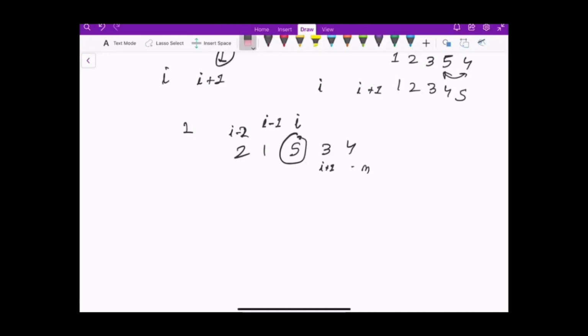So let's try to see how this will work in this example. Here we were given the B array, where we can do 2 operations for any element. First we have 5 here, so we will do an operation on this index. So we will swap 5 and 3. Our array will change to 2 1 3 5 4, and initially all of the students had 2 coins, so now student 5 will have 1 coin only.